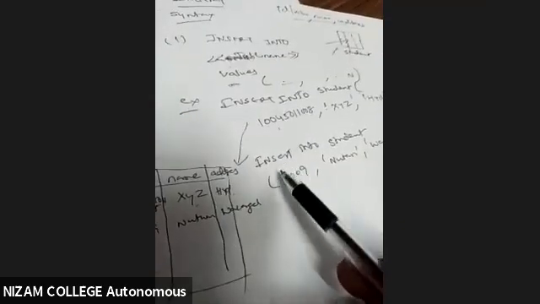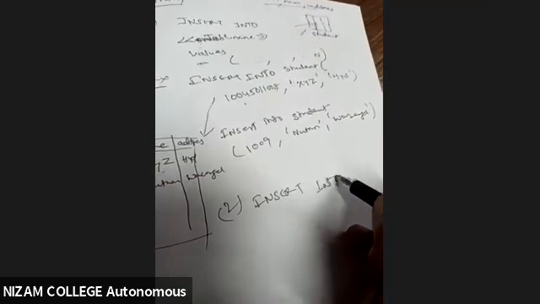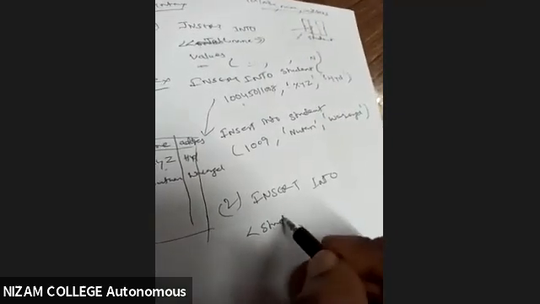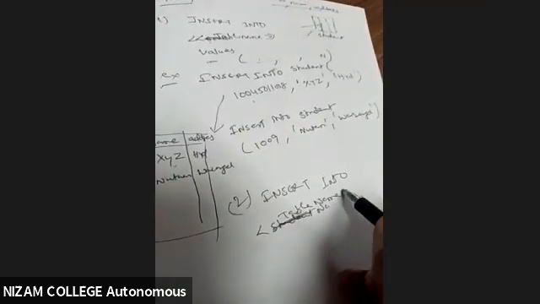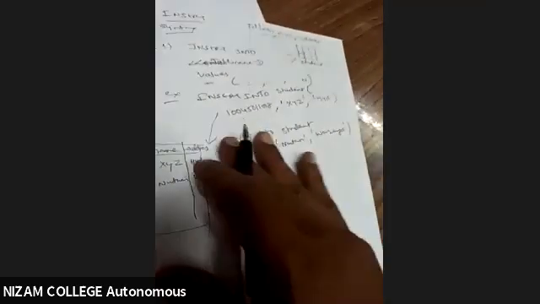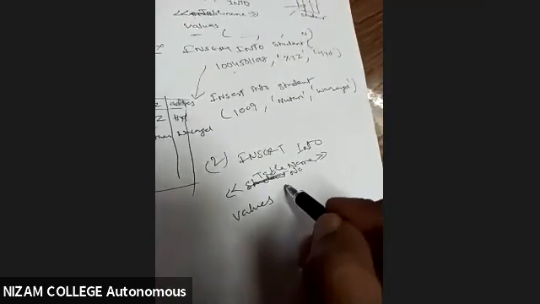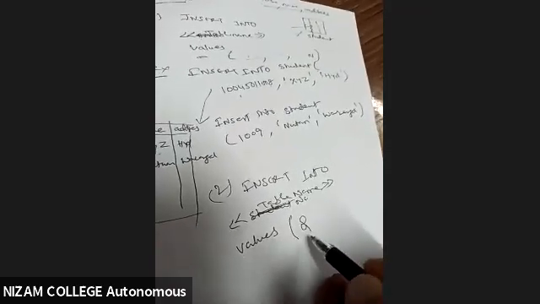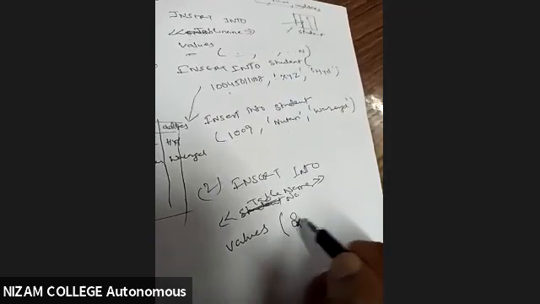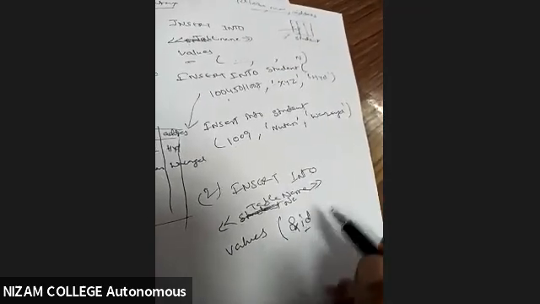Now in that case, I'll be going for the second syntax. What is that second syntax? So here, insert into, then you have something called student, that is the table name. Then I have to say something called values. Then I have to specify each and every column with an ampersand. So I'll be using the wildcard, the ampersand symbol, and I'll be saying ID. This is what ID is, the attribute name.